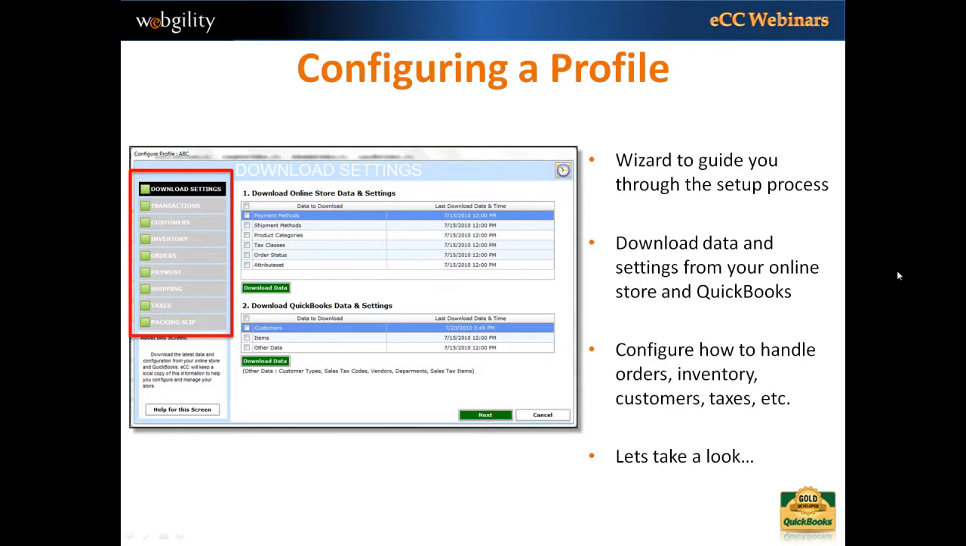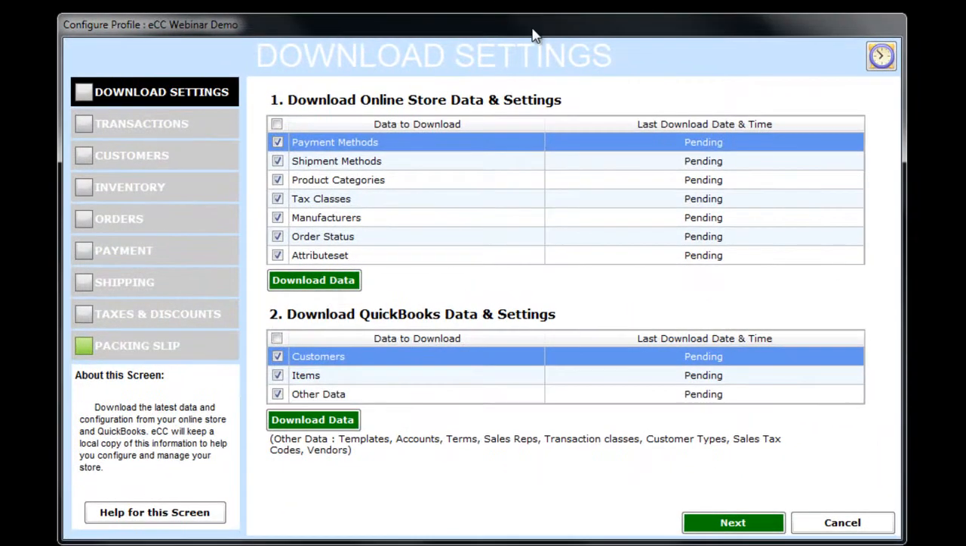Jumping to the next topic in terms of configuring a profile, the Configure Profile is essentially a wizard which guides you through the process of configuring eCC to manage your transactions, your customers, your inventory, your orders, your payment details, your shipping details. This is where you're specifying how you want eCC to handle all the business logic between your online store and QuickBooks. So let's take a look. I now switch over to